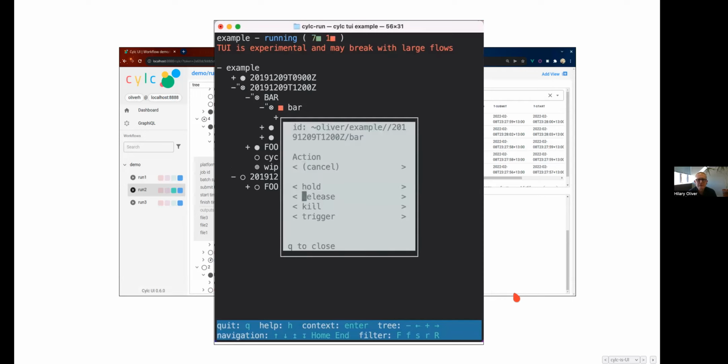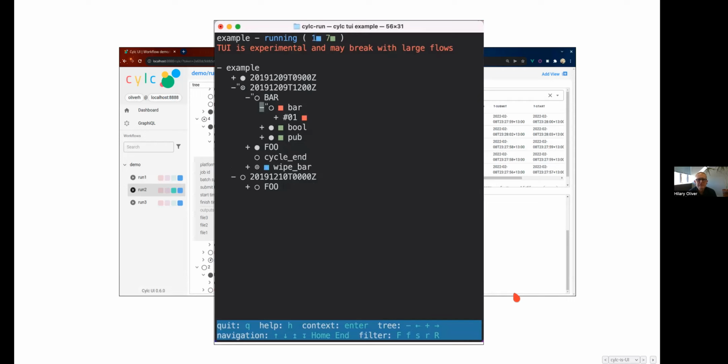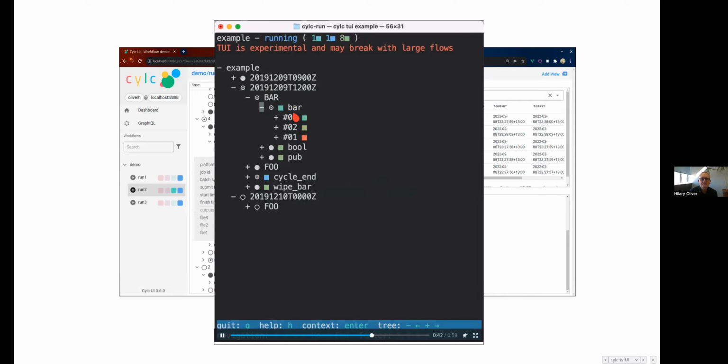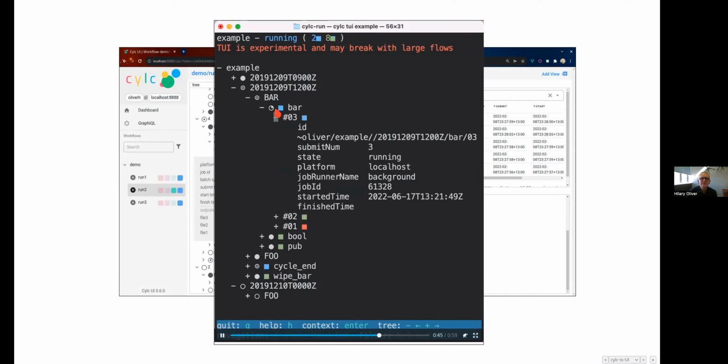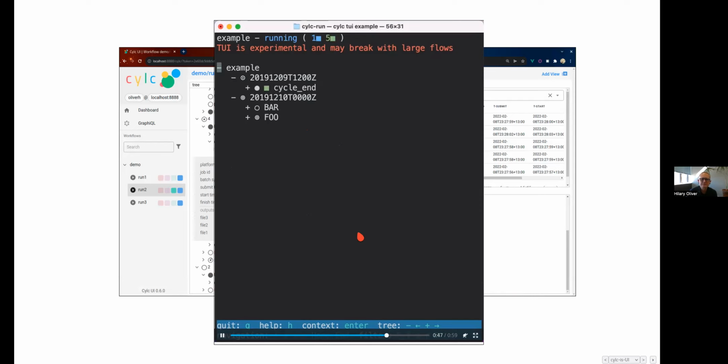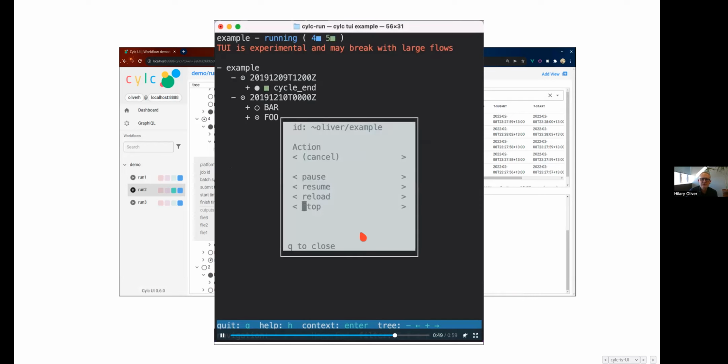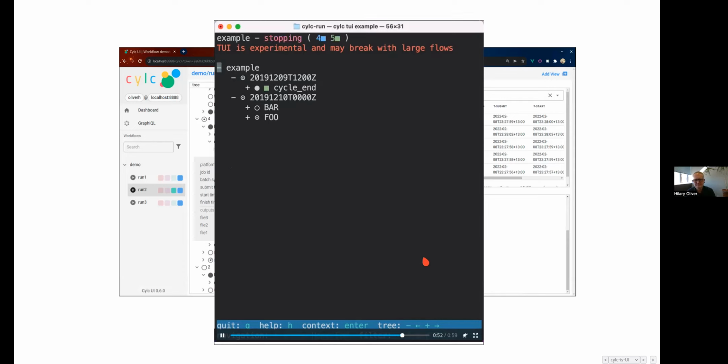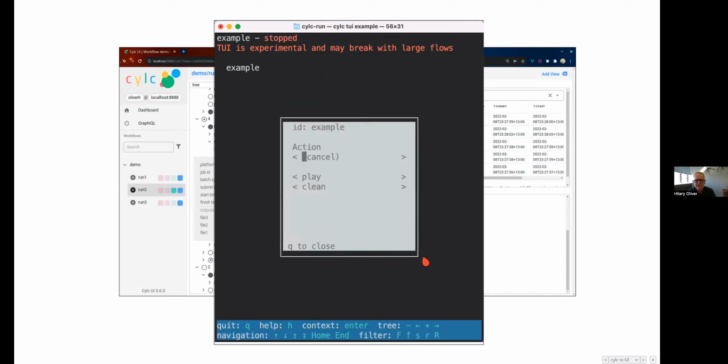This is showing re-triggering of tasks. So this task bar and this family of tasks in this cycle point. Don't worry about these details. Again, we'll show you later. It's just submitted a second job and now a third job. There's a little radial progress bar for the task. And now we're going to stop the workflow. Now, yeah, I will demo this later, so hopefully it'll be clearer what's going on.